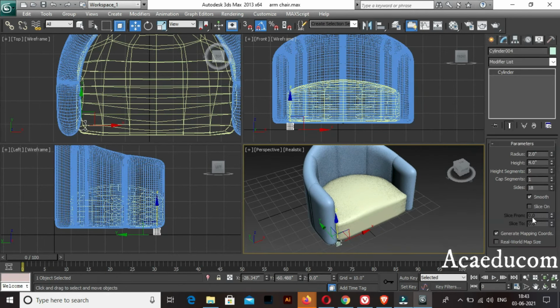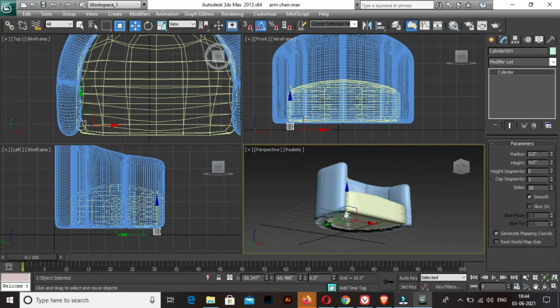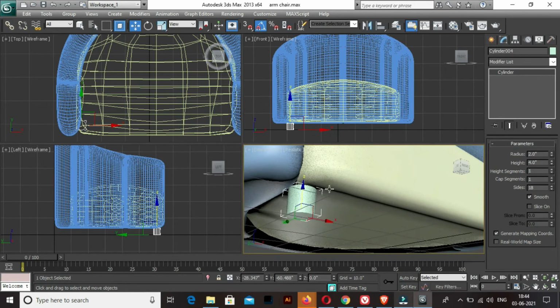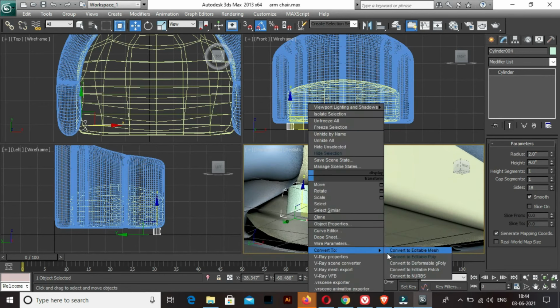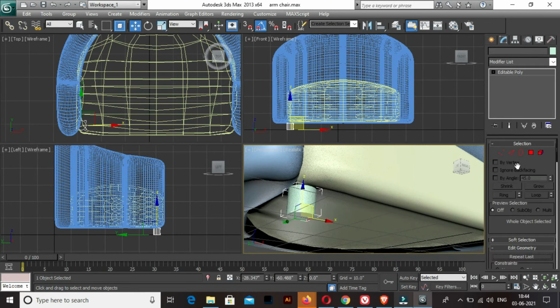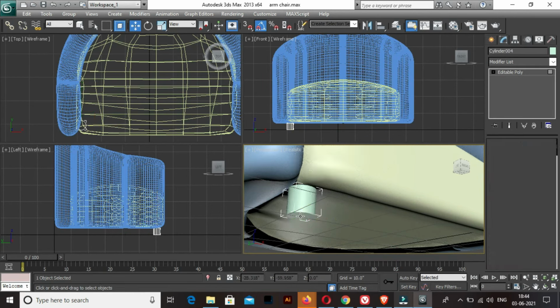Not keeping any segments. So just convert this into editable poly, and you can give different kinds of shapes. You can keep it straight. I'm just scaling this a little down.